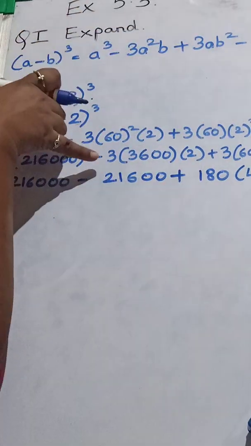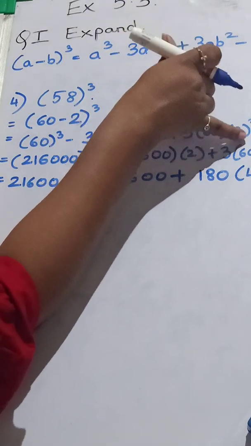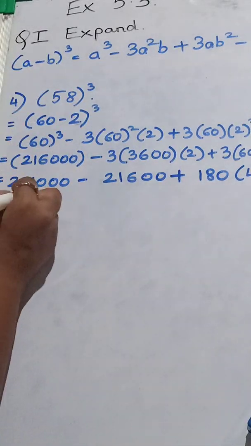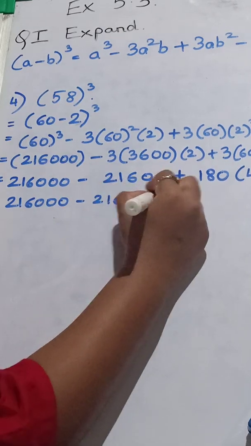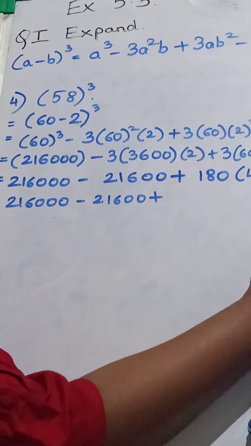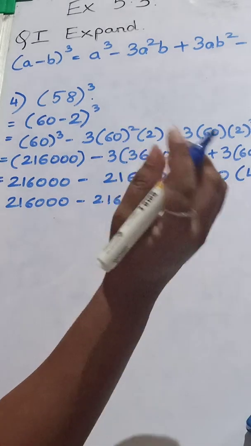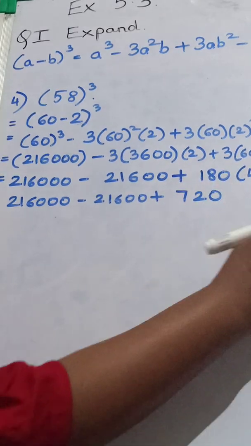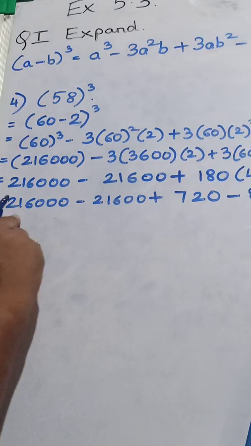So how we have taken? Here we took 3 2s are 6. 6 multiplied by 36. Here we are taking as 3 60s is 180 and this 4 comes down and this 8 comes down. So we will just solve this now. 3 zeros, 21600 plus 180 into 4. That means even if you solve here 18 into 4. So 8 4s are gives you 32. 4 1s are 4, 5, 6, 7. That is 72. 72 and this 0 minus 8. Okay, now we need to solve this.